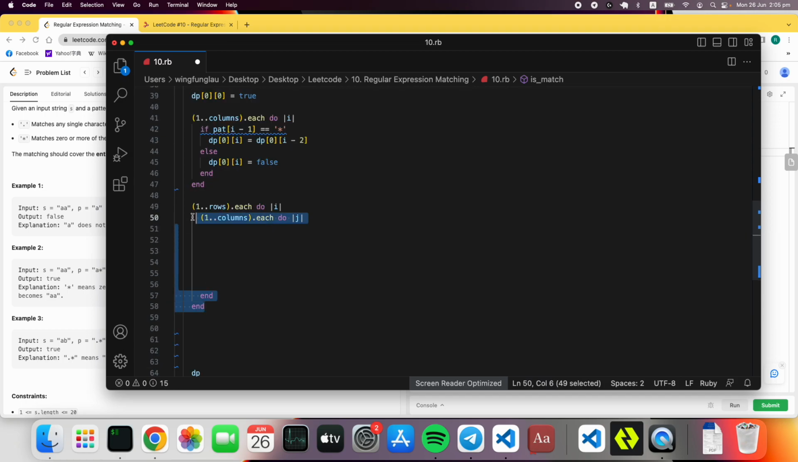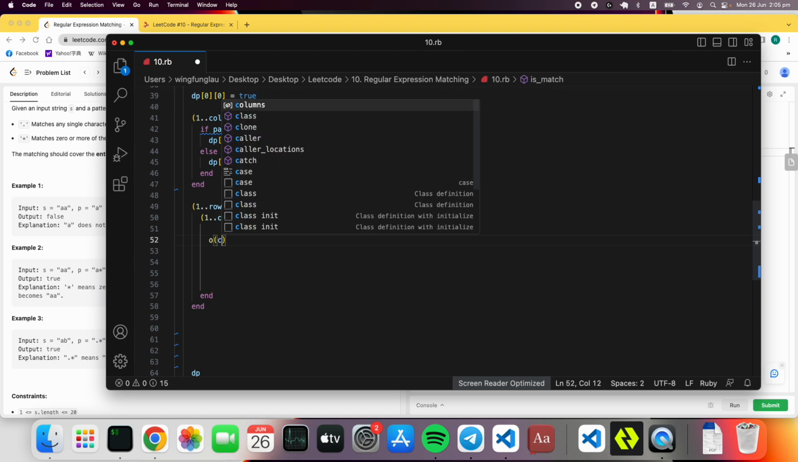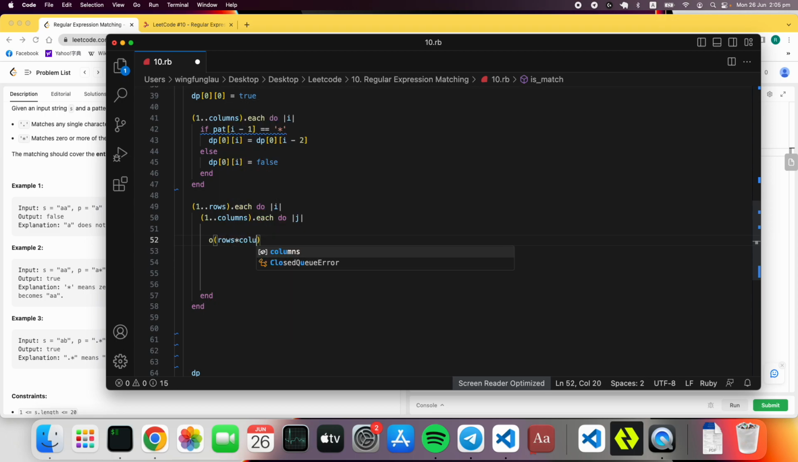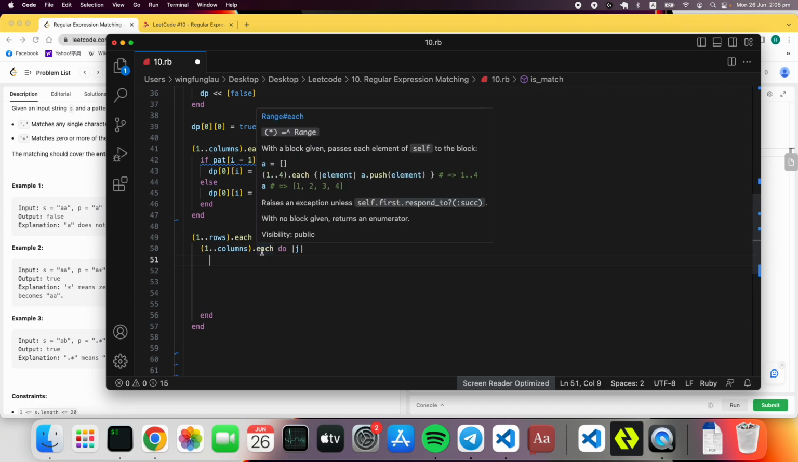And so here, the time complexity and space complexity will be O of the length of the rows multiplied by the length of columns. So the time complexity and space complexity will be as this. And the data structure of dp is an array. So the next step is